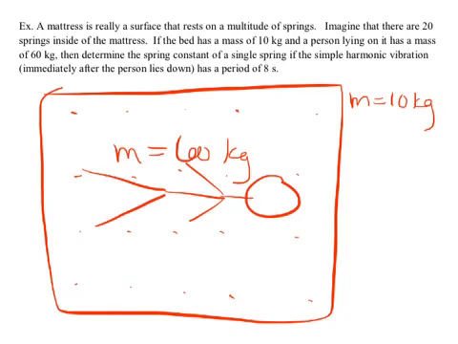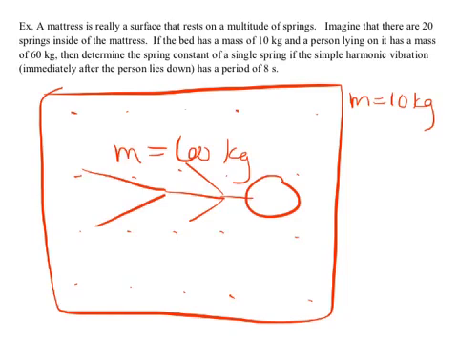Now, determine the spring constant of a single spring. That's the key there. Underline single. Of a single spring, because a lot of people make mistakes on this, because they think about all the springs. Of a single spring, if